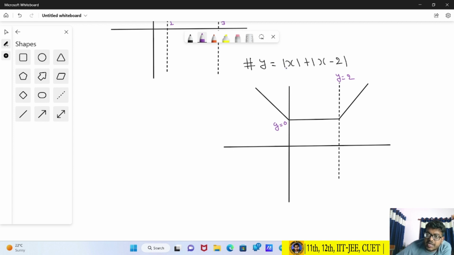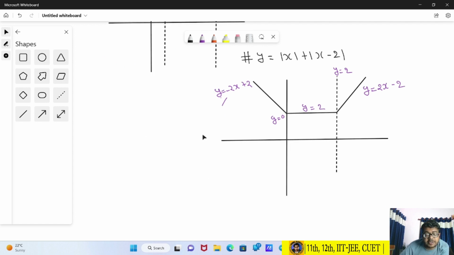So we take x is equal to minus 1, so it gives minus x, and it gives minus 1, so it also gives minus, so minus 2x, it means y is equal to minus 2x, and it becomes positive, minus minus plus, so 2x plus 2, and here it is automatically negative of this, so y is equal to 2x minus 2. And this is 2 minus 0, so y is equal to 2. This is the graph of a few modulus functions.